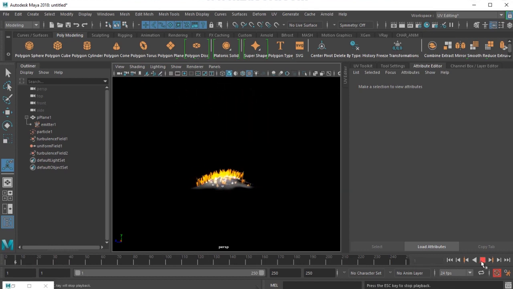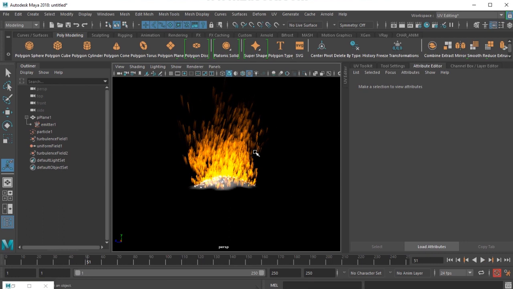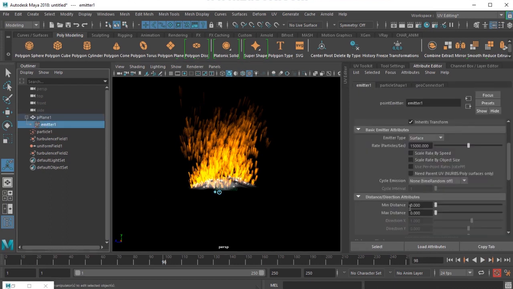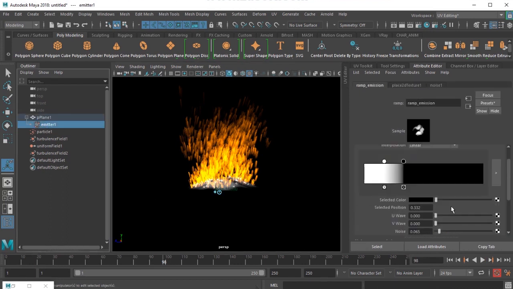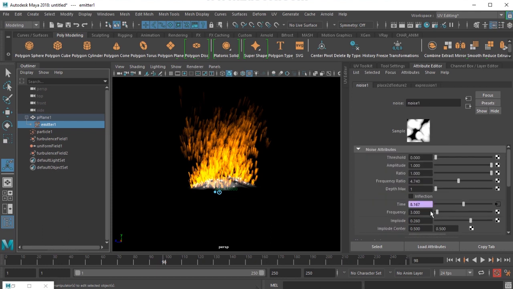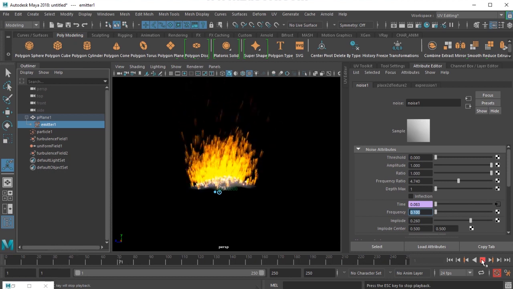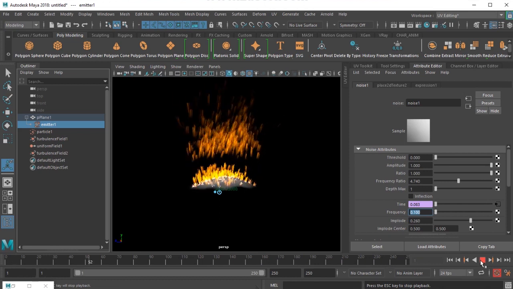So the texture is helping me to create these gaps in the emission. You can always select the emitter and then change the way it behaves. You see those big gaps, right? Those gaps are what I'm expecting.